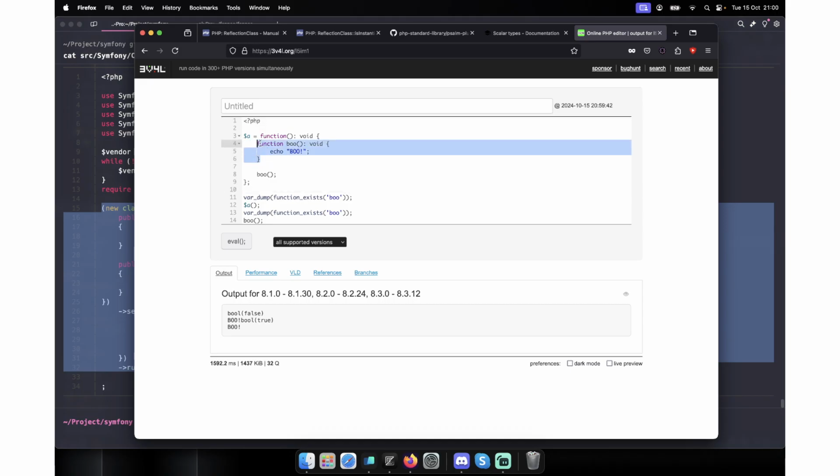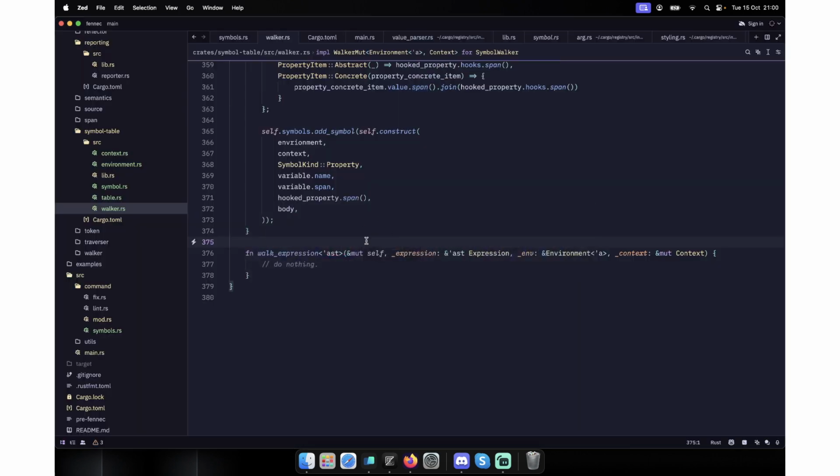We want to support this. My god, we need to support this. So yeah, if we skip expressions, this will not appear in the symbols table. That's not what we want. Yeah, we can do this, but